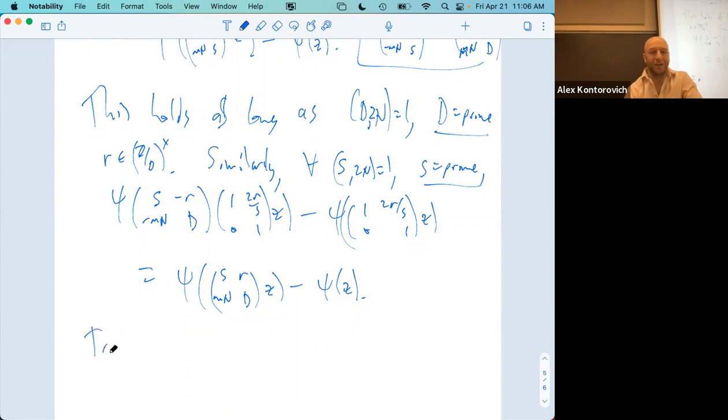So true for all Z, replace Z by, I want to get rid of this thing and replace it with the D. So I think I want to send Z to